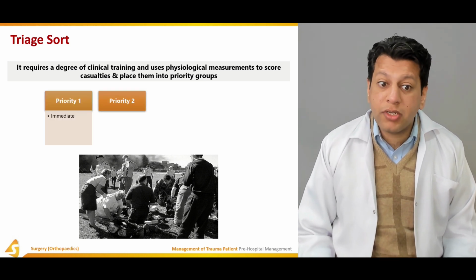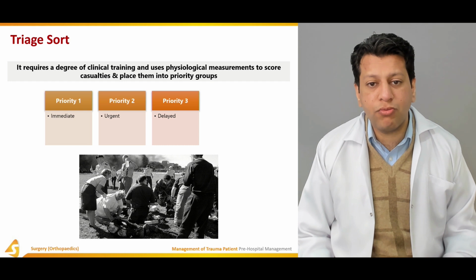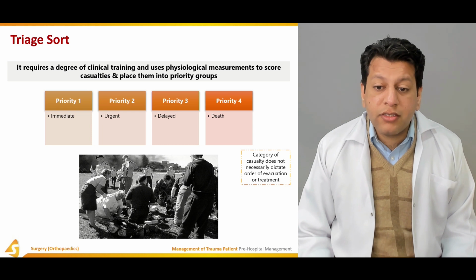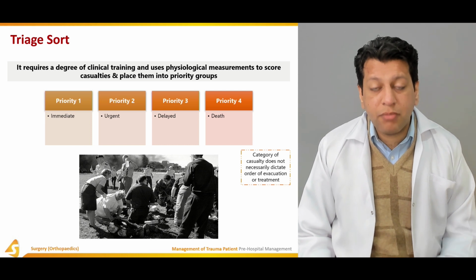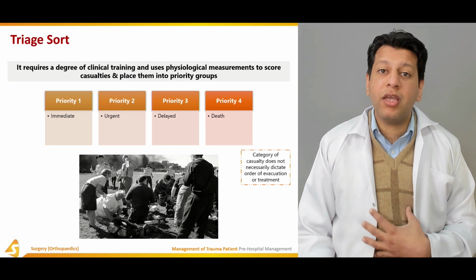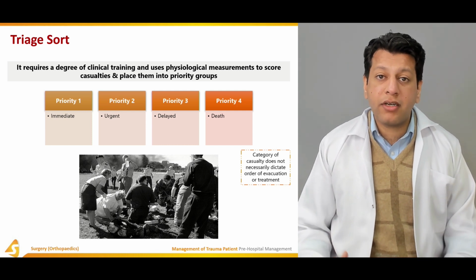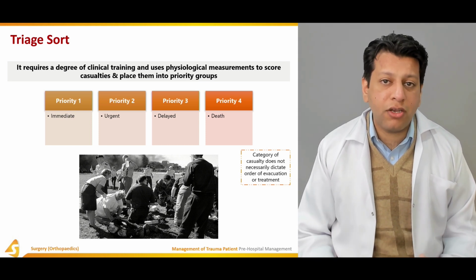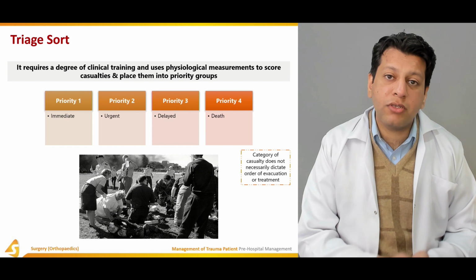Priority 1 is the immediate, priority 2 is the urgent, priority 3 can be delayed over hours to days, and priority 4 is basically the patient is dead already. The category of casualty does not necessarily dictate the order of evacuation or treatment. That is important, because the patient may need immediate care if he or she is having an airway obstruction, but if we correct that problem and he or she is having so many other problems that he or she is less likely to survive despite all our efforts, then probably our efforts should be directed to a patient who is most likely to survive